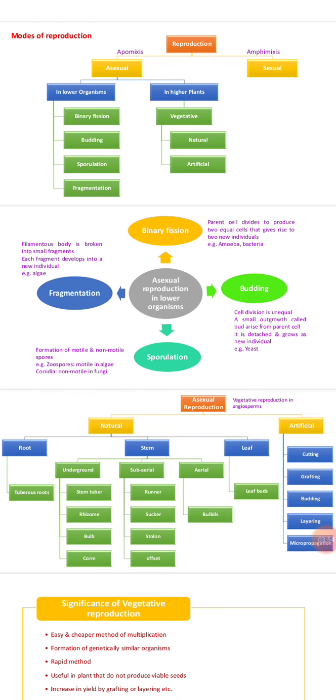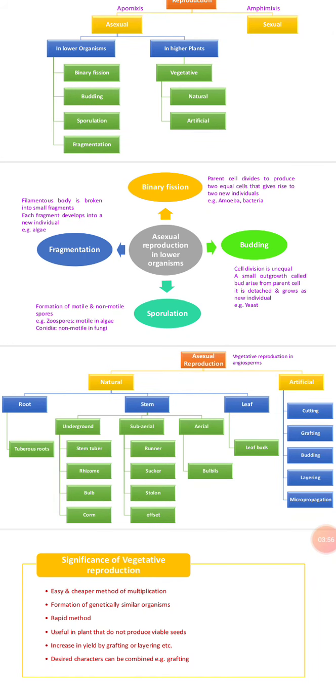The third we are going to see is budding. Budding takes place in yeast. Yeast, we are well aware of it. It is a unicellular fungus. That unicellular cell uses the surrounding medium, like water or any other medium, as food material, and it attains its maximum size, meaning it swells. Then certain gradual changes take place in its cell. A little outgrowth takes place, and slowly that outgrowth of the cell looks like a bud.